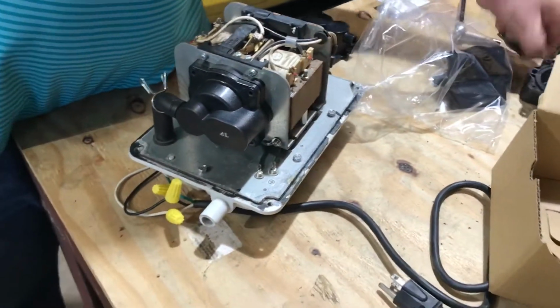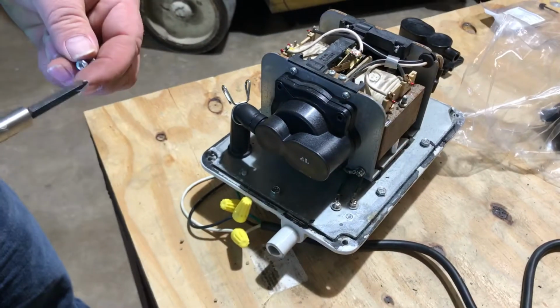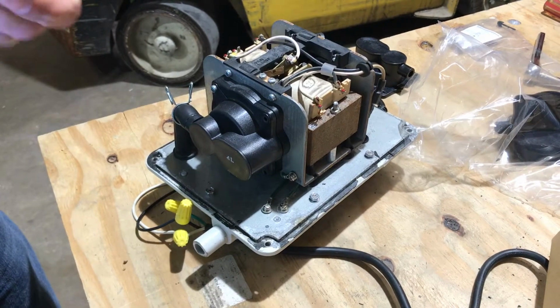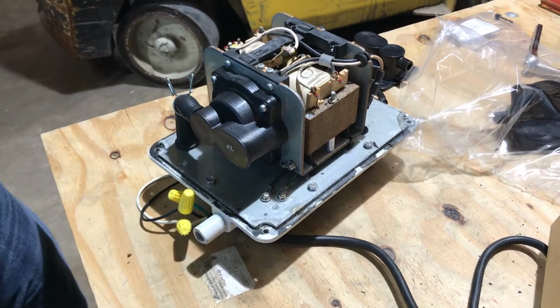Save your screws. Do not throw your screws away. So there's your screws. The kit doesn't come with screws. If you desperately needed them, we could probably send them to you. We got a couple of them. Just don't use a power tool to put them back in. You really run the risk of